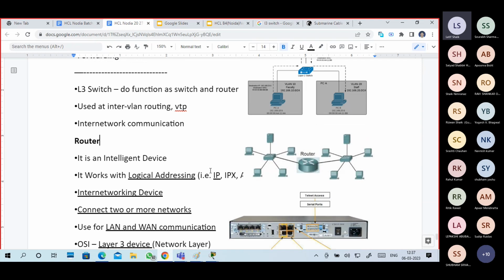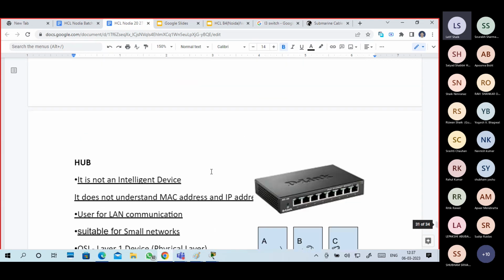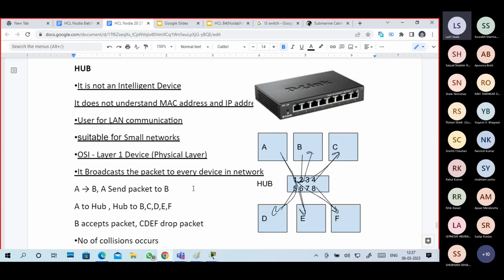The next one is router. Before going to the router, guys, I am going to tell one small difference between hub and switches, because both are in LAN communications. First day only I told what it is and what the difference is between each: hub and switch, switch and router, hub and router, router and modem, switch and modem. Always go with the basic differences first, and next, if you want, go with the functionality differences.